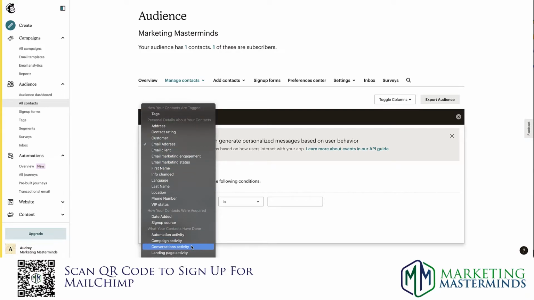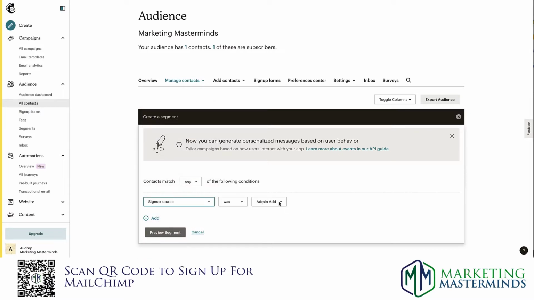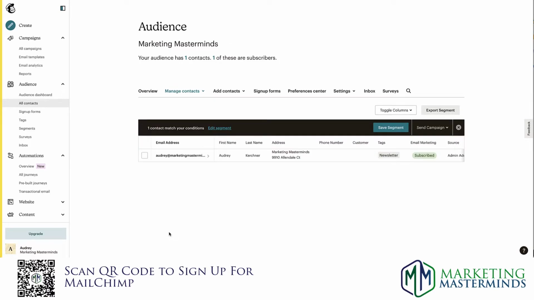So those are the contact information, but you can do date added, sign up source, and then when you get into this, it's campaign activity, landing page activity, all sorts of activities. So if I do sign up source was admin ad, and I preview this, I'll show up. And it's because it's based off of this field and nothing else. So if you kind of know what that's going to look like ahead of time, you can set some of these up, but you actually may just want to wait until you get your